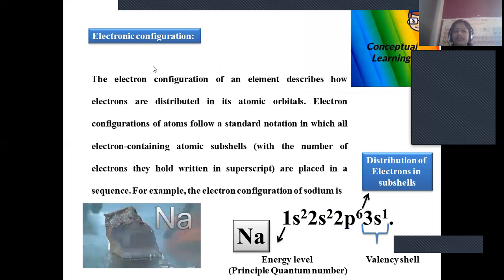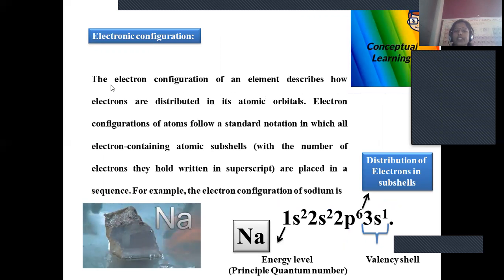If you go for helium, it will be 1s2. One more electron is present, and that electron is also occupied in the same s subshell. So the number of electrons present in the orbital is represented in the superscript, s is the orbital, and 1 is the energy level in which we are filling the electron, and this is the element whose electronic configuration you are displaying here. This is about the electronic configuration fundamentals. We have a detailed explanation about this and the protocols we have to follow in order to fill the electronic configuration.